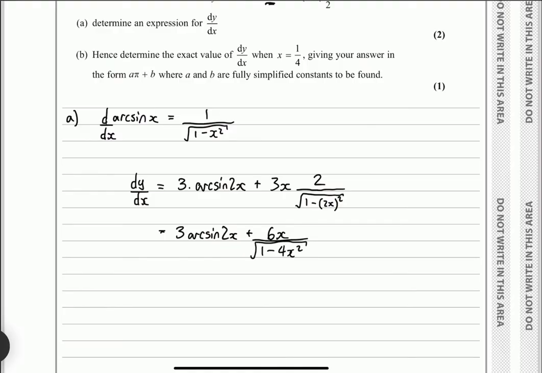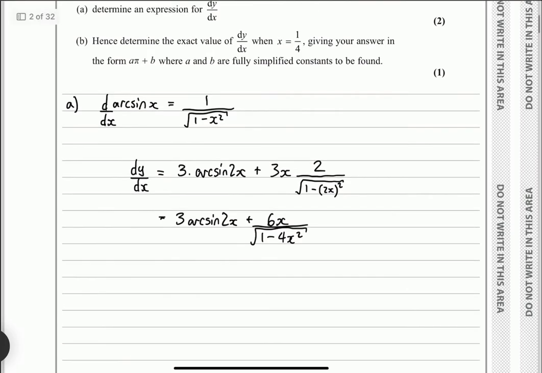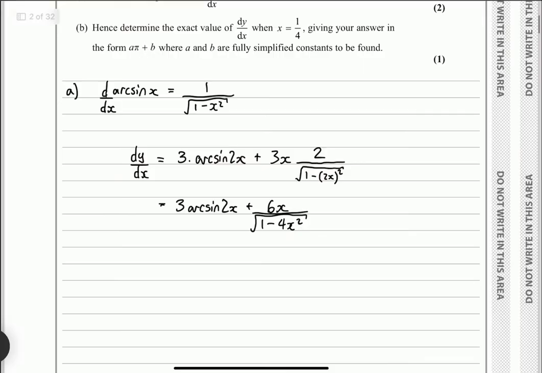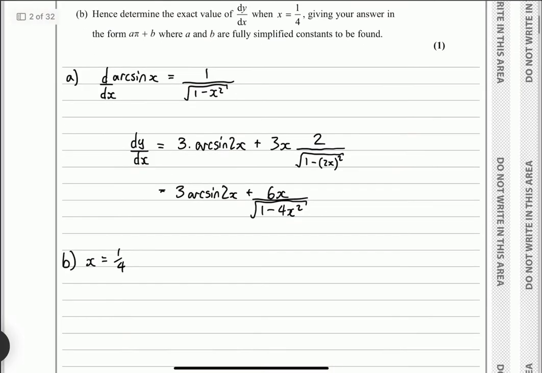4x squared. Part B, hence determine the exact value of this derivative when x is equal to 1/4, giving our answer in the form a pi plus b. Okay, so we go ahead and put this in. Get 3 arcsine of 2 times 1/4 is 1/2, plus 6 over